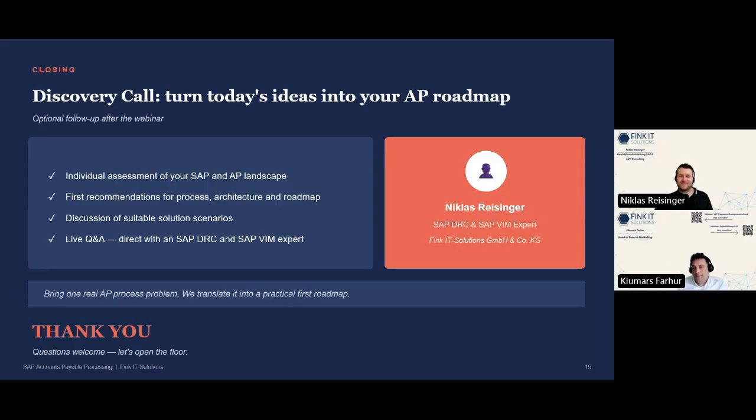Niklas, what is your take on that? Yeah. As long as you receive invoices on PDF or on paper, then you need it. It might get less and less within the next years, but I think at least for the next 5 years, you still need OCR. And even if one country has mandatory e-invoicing, there are always exceptions where it's also possible to